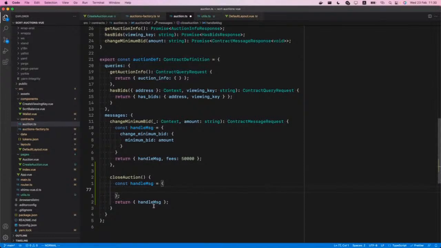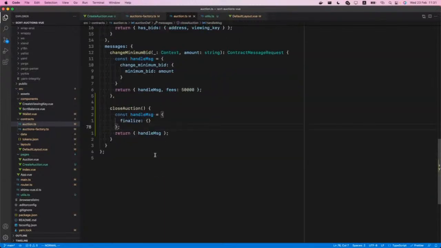So the handle message will be in this case finalize, and now we don't need to pass in any specific parameter. I think that's pretty much it. What we need for calling this message on the auction